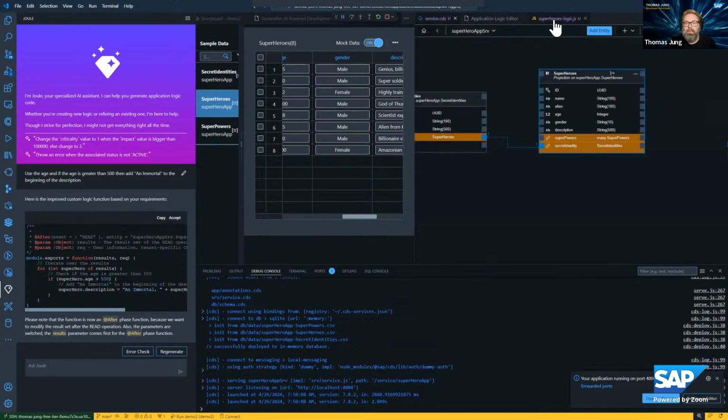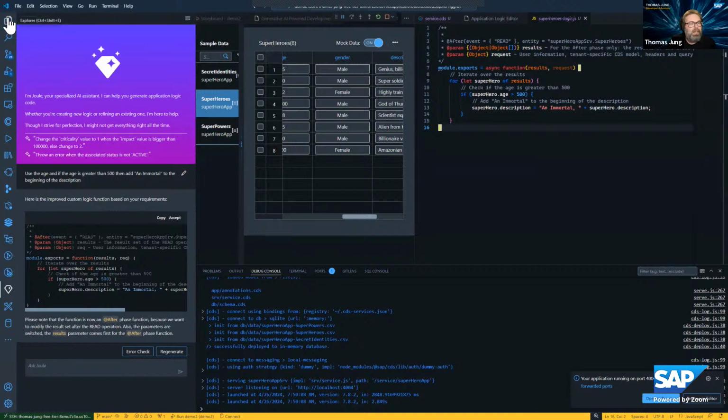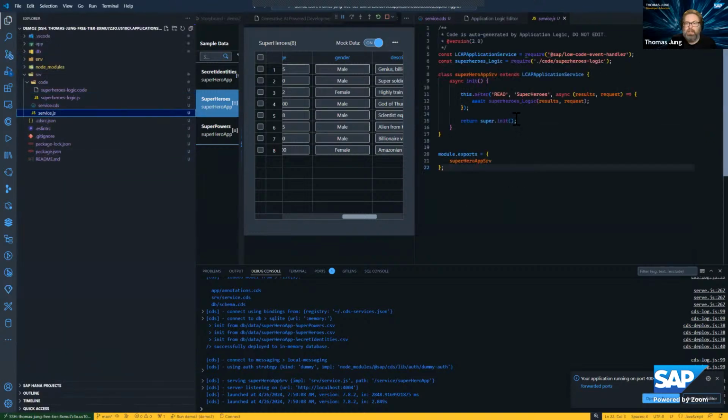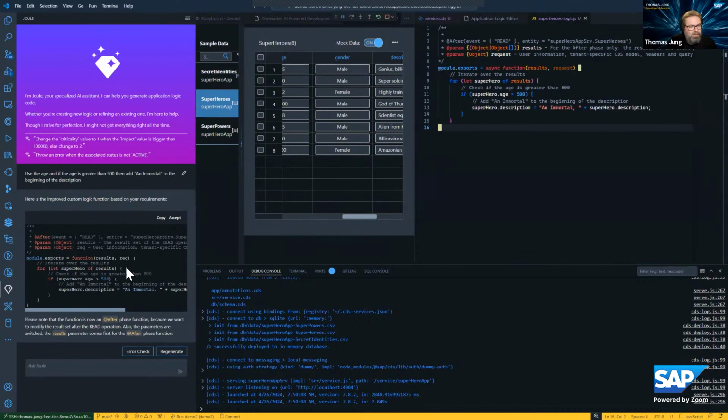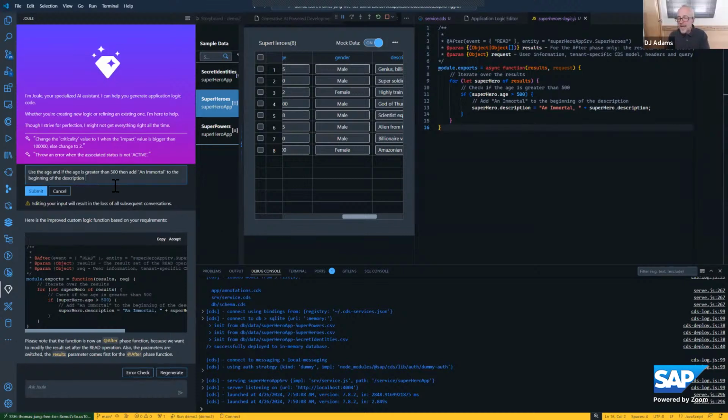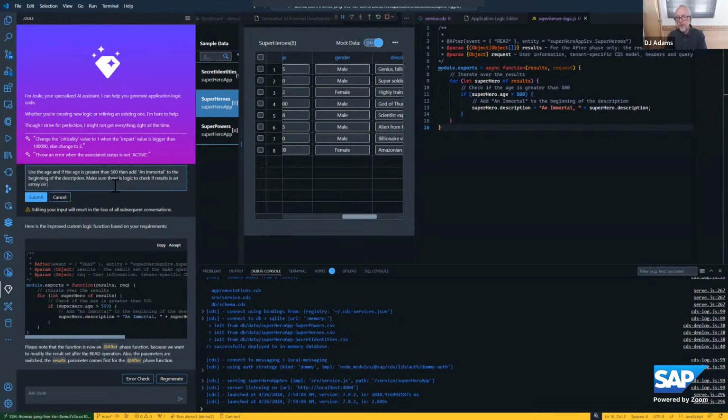So what we see, if I go back here, is that the service JS got changed to an after, but my logic is still the same. Am I still going to have the same problem with the iteration? Remember that there was a special parameter you could use in the callback of these asynchronous event handlers, and if you called it each, you got them one at a time, and your function was called for each of the individual items.